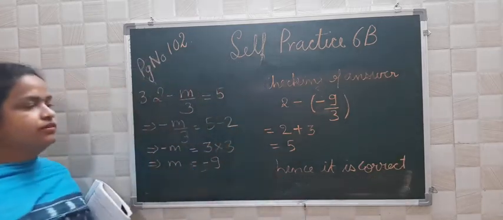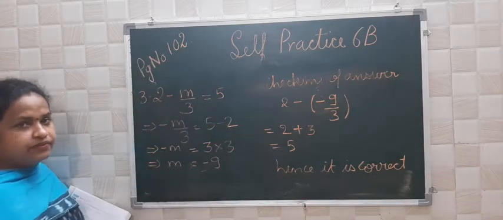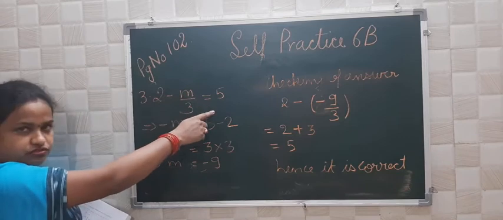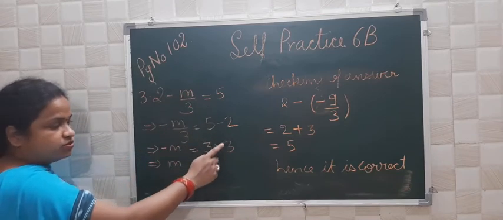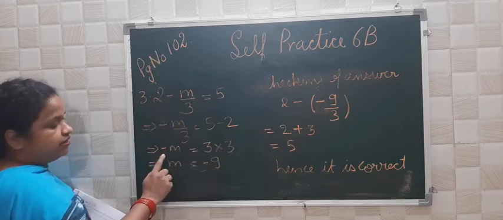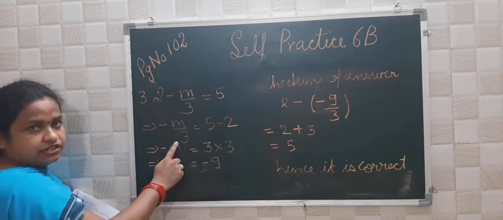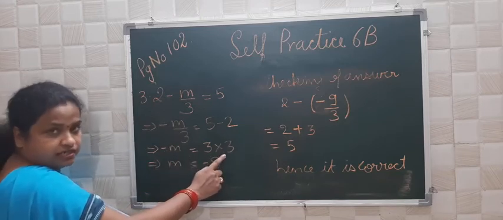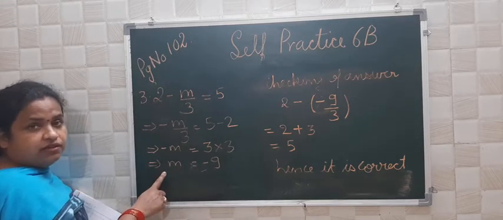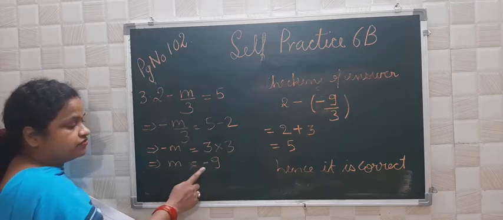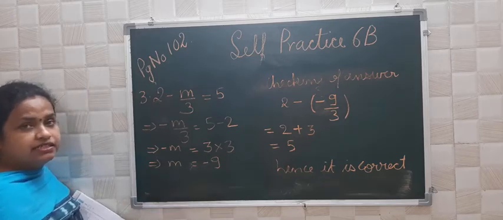Okay. You got here? Let's see. 2 minus n by 3 is equal to 5. So you will have minus n by 3 is equal to 5 minus 2, that is equal to 3. And minus n by 3, the 3 is here in the denominator, so here it will become multiply. The 3 3s are 9. We will never take minus on with the variable, the minus we have shifted it. Here it becomes minus 9.